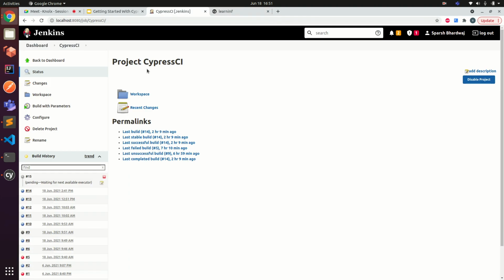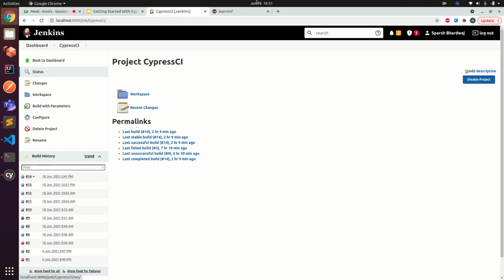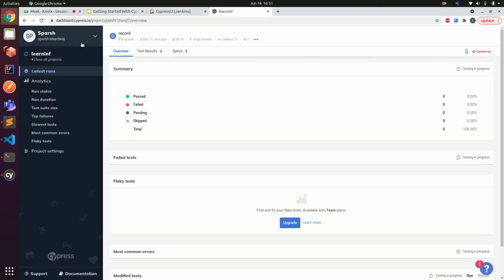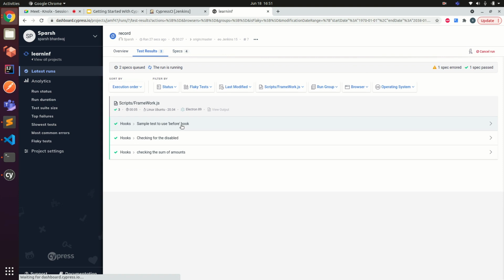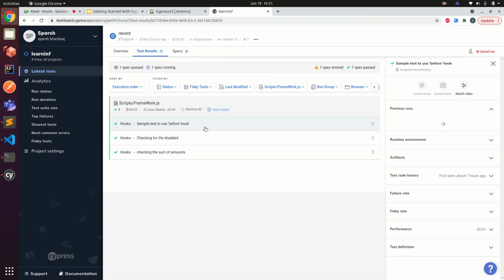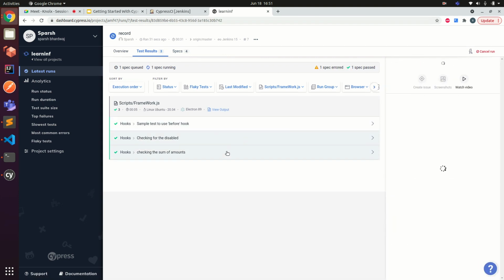Since tests are being executed here, it has been reflected on the Cypress dashboard as well. You can see that it has started. This error can be ignored because it does not contain any test. And if you click on it, you will see that this is executed and this has passed.